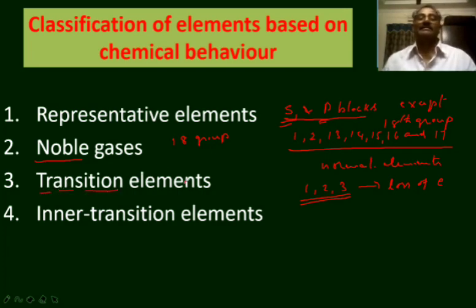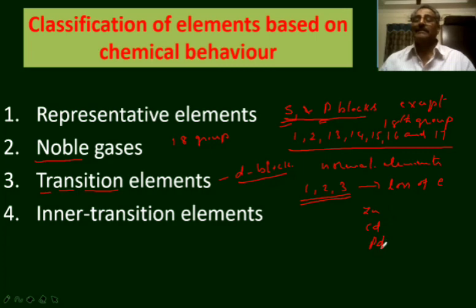Transition elements. The transition elements are usually the D block elements. The other name of D block elements is transition elements. The elements which have unpaired electrons in d orbitals in the atomic state or in their compounds are said to be the transition elements. All the D block elements except the 12th group elements, that is the zinc group elements, zinc, cadmium and palladium, are considered as transition elements according to the definition.